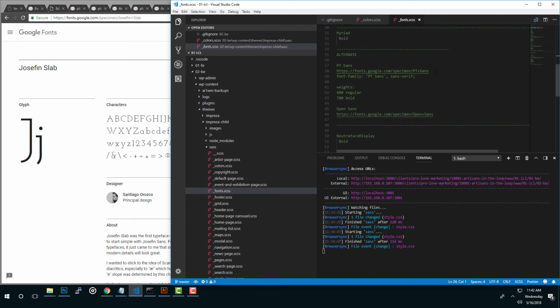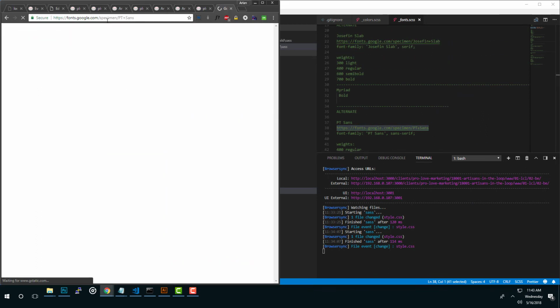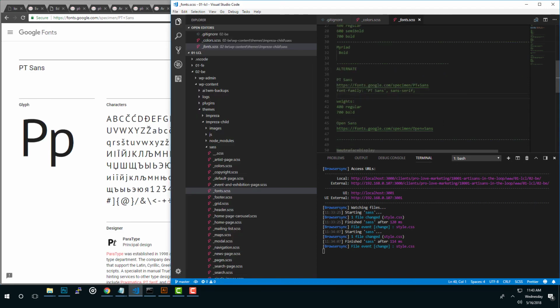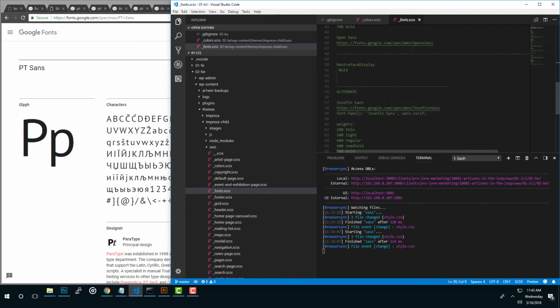It's all taken care of by Google and their servers. And for Myriad Bold, what I used was PT Sans. I used them in 400 weight and 700, and for Josephine Slab I used 4 weights. And for Neutra Face Display I use Josephine Sans,